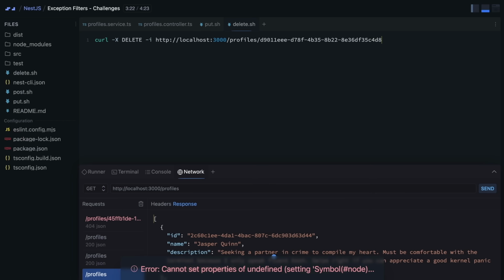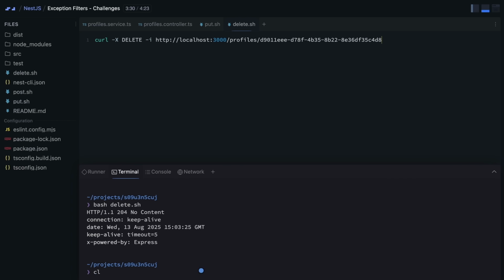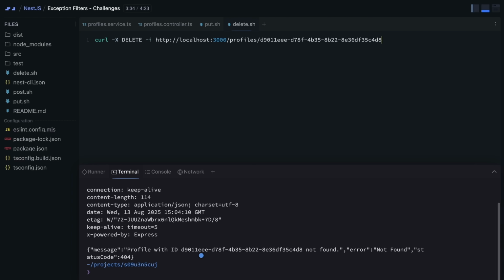So it still works when we have a matching profile. Let's see if it works when we don't have a matching profile. Let's go ahead and go back over to the terminal. Let's clear this. And then we're going to try to edit. And it looks like we are properly getting a 404. And let's try the delete. And we are getting a 404 with the delete as well. Success. So I purposefully showed you a non-conventional way to do this so you could see the power of Nest